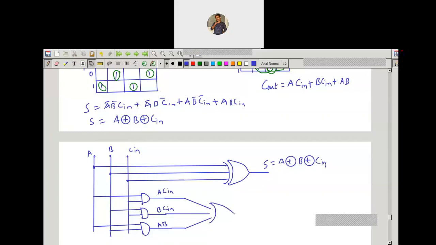And this is the OR gate. There is the output carry. Okay, so this is the design of the full adder.